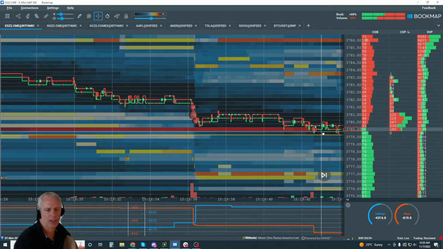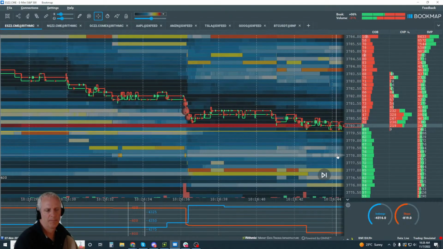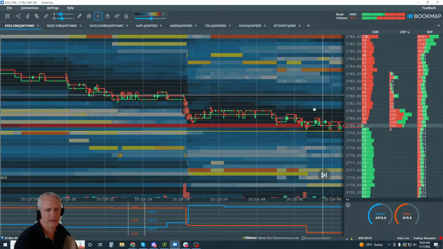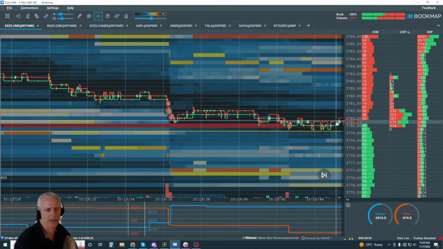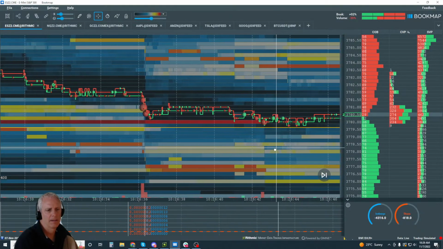Okay, so a little bit more selling here, a little bit more. What about the bid? What about the offer? See this, the buyers start to come in a little bit. So this could be a trap. If we can get back up to here, where it previously auctioned in this range, that you can see very clearly here, it's already done its mean reversion for this very small time frame. But if we can get more up here, we can break and come back down into these areas, this liquidity in here. And let's see if we get that.